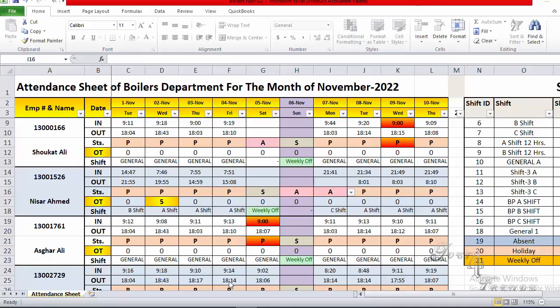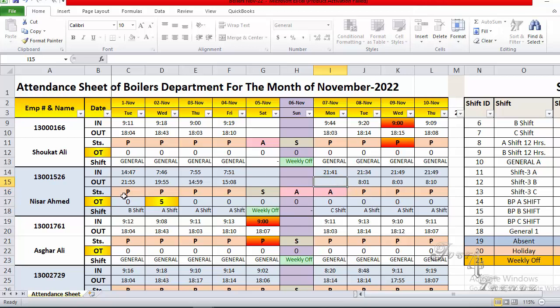In this tutorial, I'm going to teach you how to hide formulas and lock cells in Excel. For example, this is an attendance sheet. In my company, people forgot to mark their in and out, or sometimes their in and out were missing. So I created this sheet and send it to each and every department to get their missing in and out